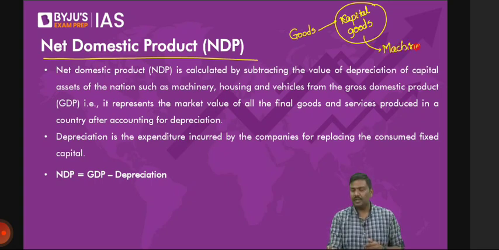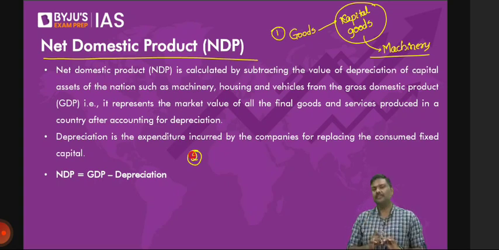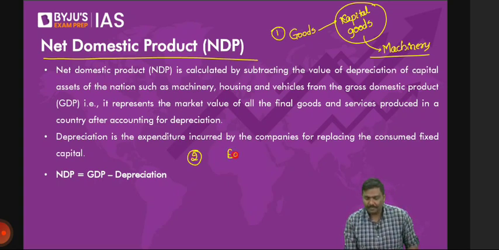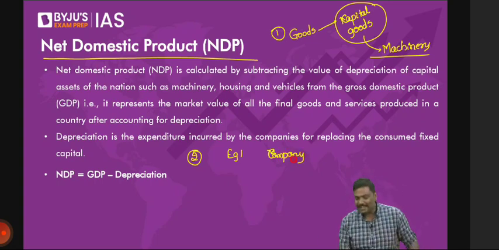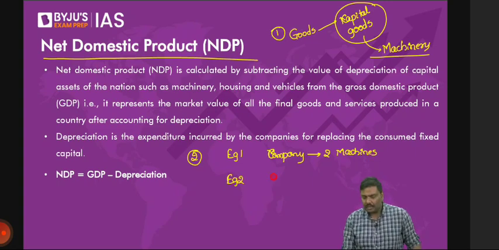This is point number one. Second point. Let's go point by point. You follow it carefully. Here is example one. In example one, a manufacturer, or I'll simply write company, because manufacturer is a very lengthy term. A company has, let's say, 2 machines. In example 2, let's say the same company has 2 machines.